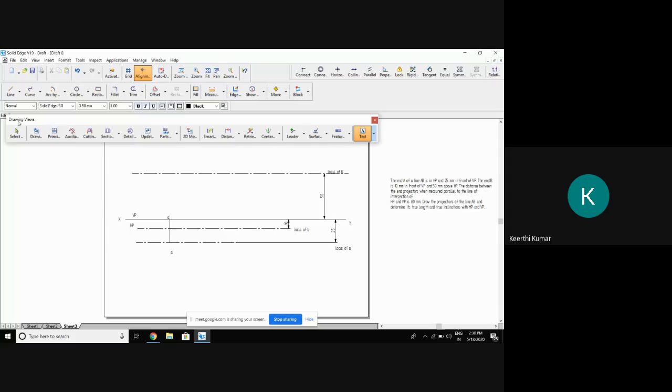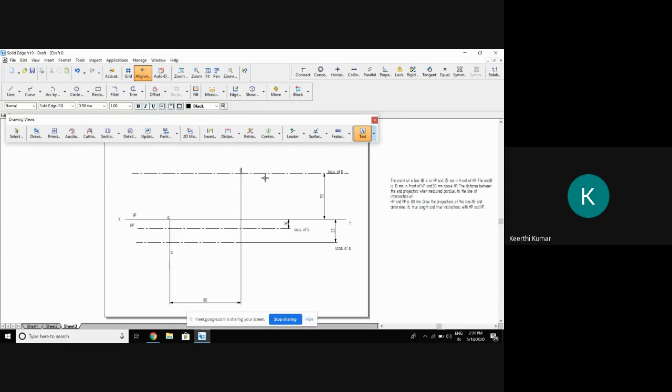So we'll go for the end projectors. I'll draw the end projector and I'll make it vertical. The distance between this and this is called the end projector, no? How much is it? 80. Very simple. If you know the end projector, the problem is finished, completed. So what I'll do, I'll turn this. Next, what is this point?